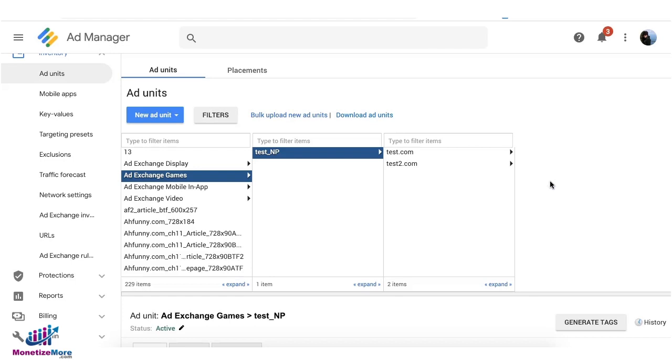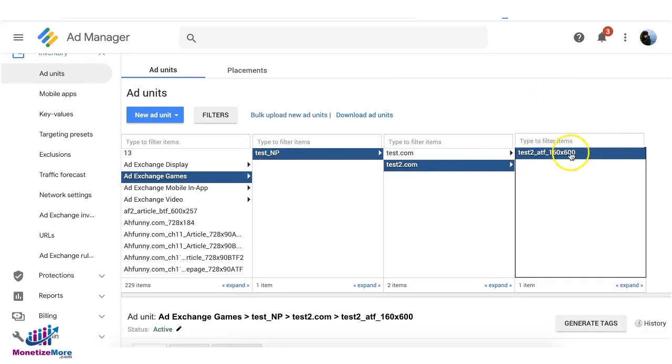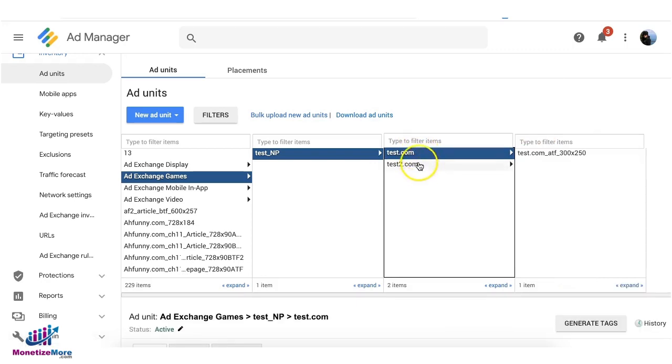Hey guys, in this tutorial we'll talk about how to block a certain domain that falls under an umbrella or a grandmother tag in the ad unit setup. So let's pretend this is the grandmother tag that you have set up in Ad Exchange. Then you have two mother tags, and of course they have their own children tags, right? So between these two different domains, let's pretend test.com is going to be disabled, but you will